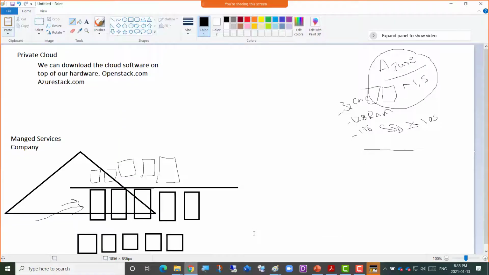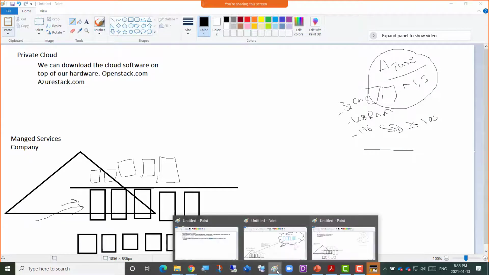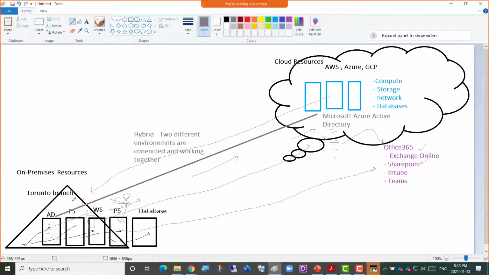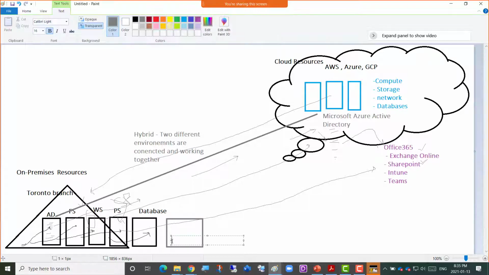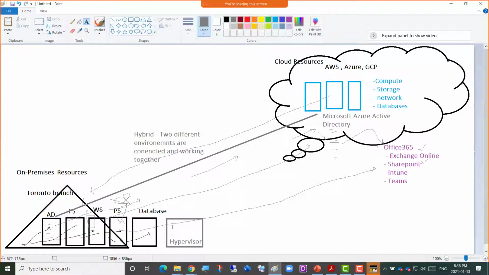Okay, so what I was saying about virtualization, how is it so important? It is important because your on-premises environment will have physical servers, and those physical servers will have not an operating system on top of that, but the hypervisor. You must have known that in the virtual course, that the hypervisor is supposed to be there. On top of the hypervisor, you will have the virtual machine.